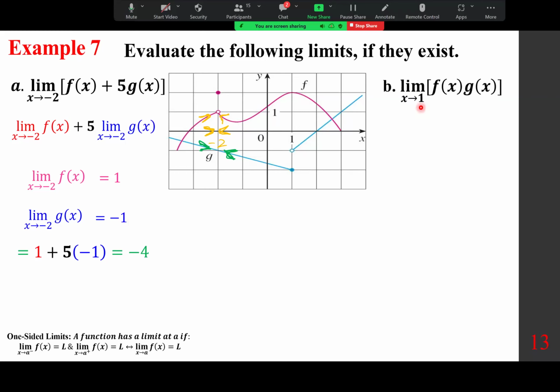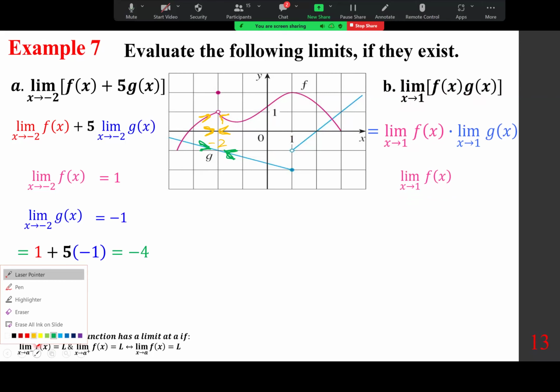What about x approaching 1? The limit of f of x times g of x as x approaches 1. And to do so, we're going to separate this into the limit of f of x as x approaches 1 times the limit of g of x as x approaches 1. And we're going to figure out each one, starting with the first one. So what is the limit of f of x as x approaches 1? And here's number 1, by the way. So let's do that again. Number 1,